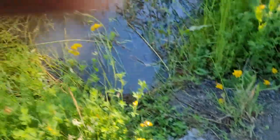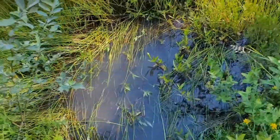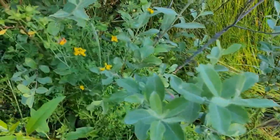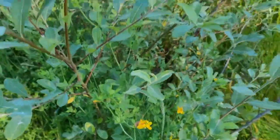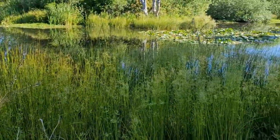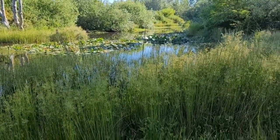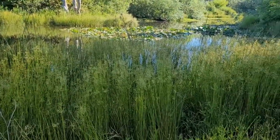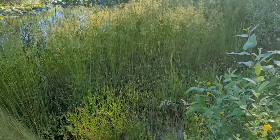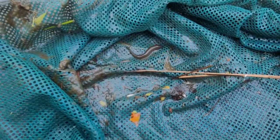I'm really just looking for the Dojo Loaches here. So we'll have a couple more goes, and I'll let you know if I find anything. But we may take a look at some of the wildlife and plants here too, because it's rather beautiful. I love the Northwest in summer, and hard to find little spots like this anymore, especially one so close to the city. Pardon the seaplane noise, but yet again, I pull in a net, and we've got a young